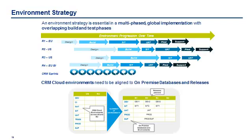In this kind of complex environment, it's critical to really think through how we're going to align our CRM cloud environments to the on-premise Informatica environments and database environments to support data movement throughout our development, SIT testing, system integration testing, and user acceptance testing process. As Clive alluded to earlier, really the majority of our customers have multiple Salesforce orgs to support testing,